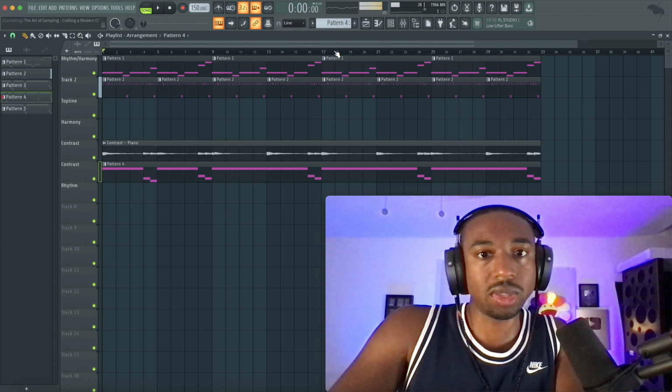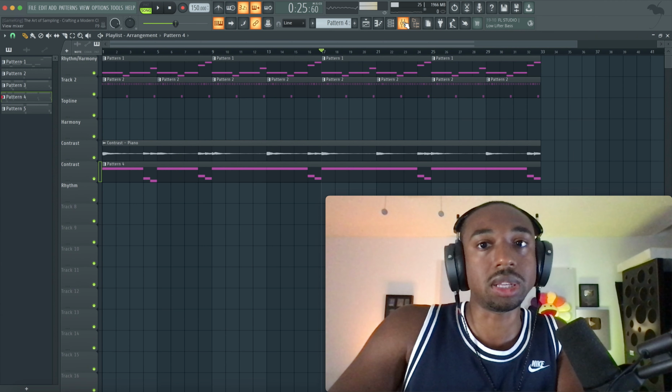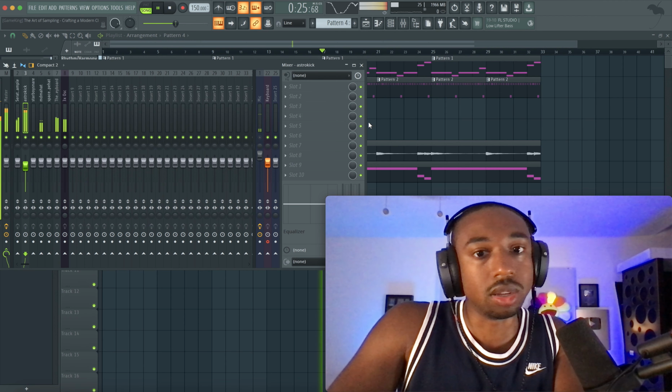Now on this part, I kind of want the bass to jump a little bit, like boom, boom, boom, something like that. So I just want to add a little motion to the bass, even though the contrast piano is not moving.